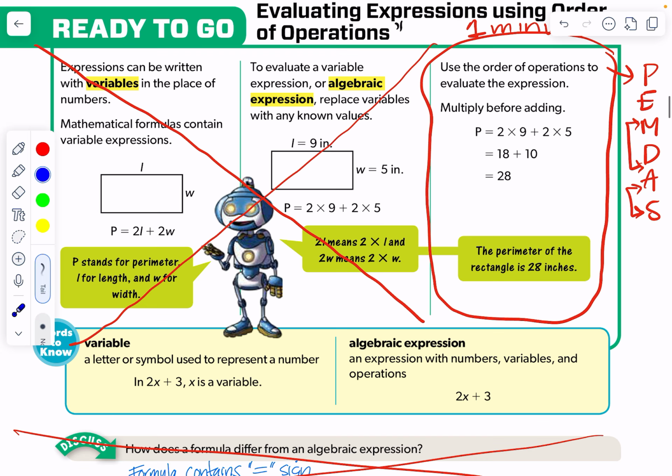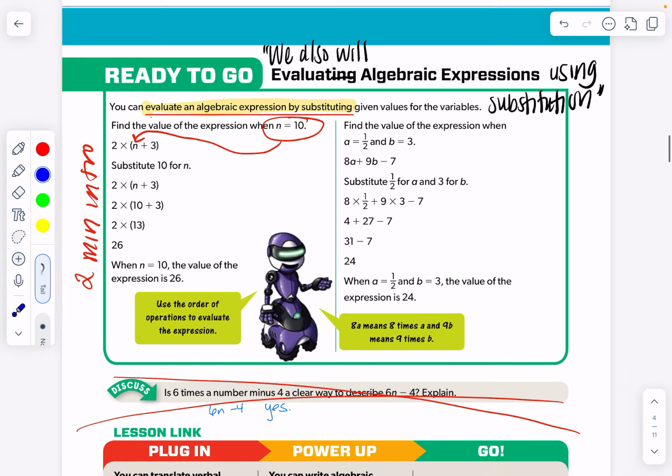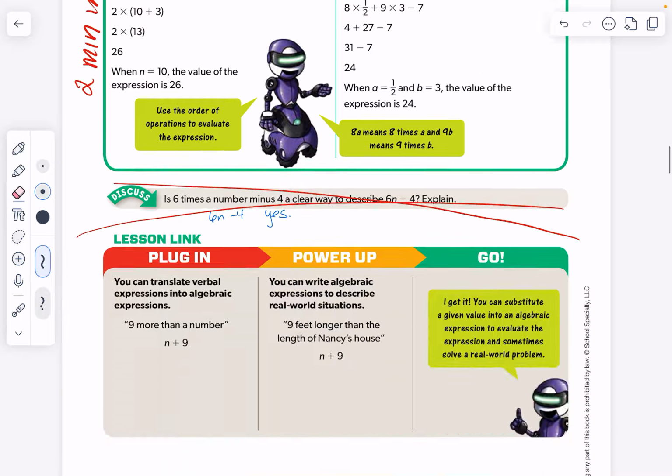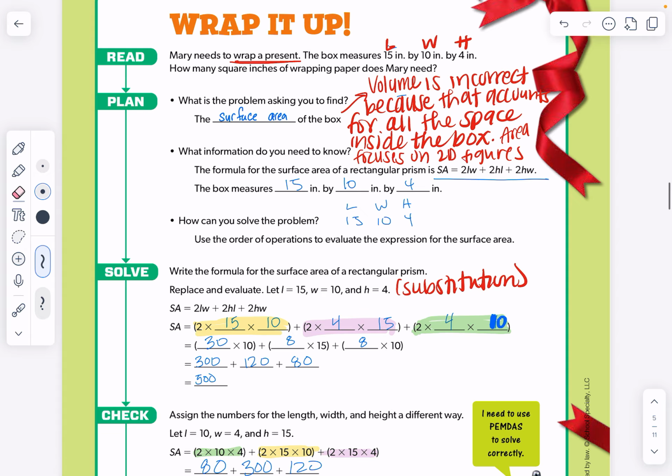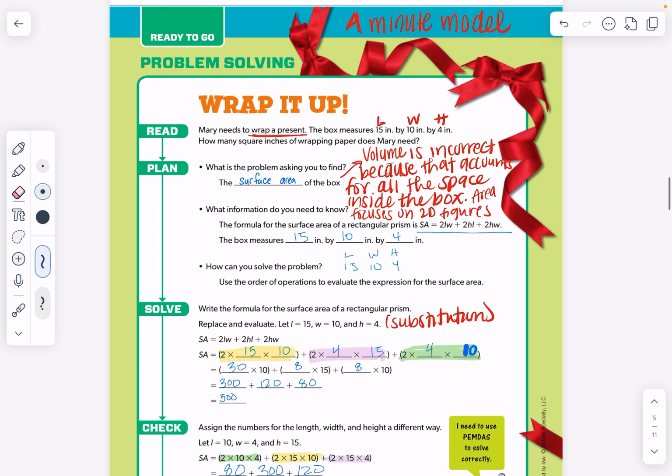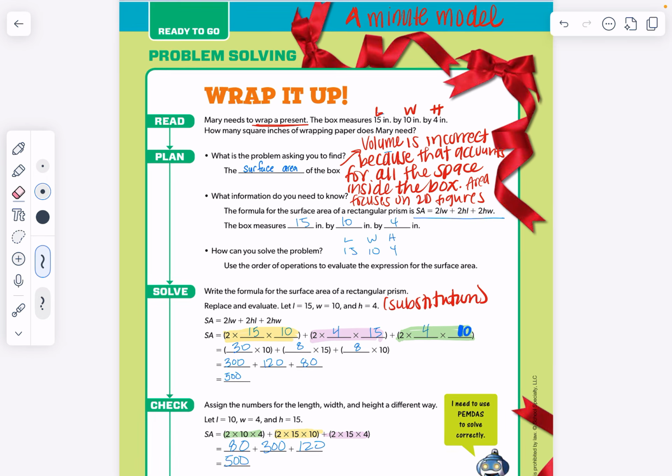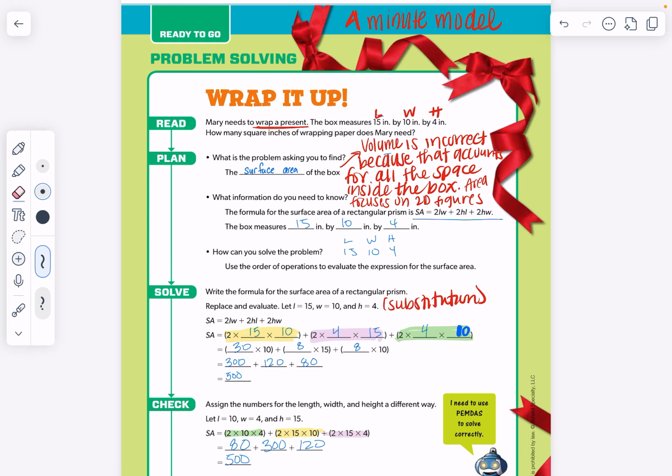Now, we will be touching on PEMDAS today, but majority of the lesson is going to be focused on evaluating algebraic expressions, utilizing substitution. And so it will really be a refresher of some skills students have done in the past. And so I would love for you to do a 4-minute model of this question. It is very robust. It's focused on substitution, solving equations. And so I think it'll give students a great understanding of the different types of problems that they'll be seeing